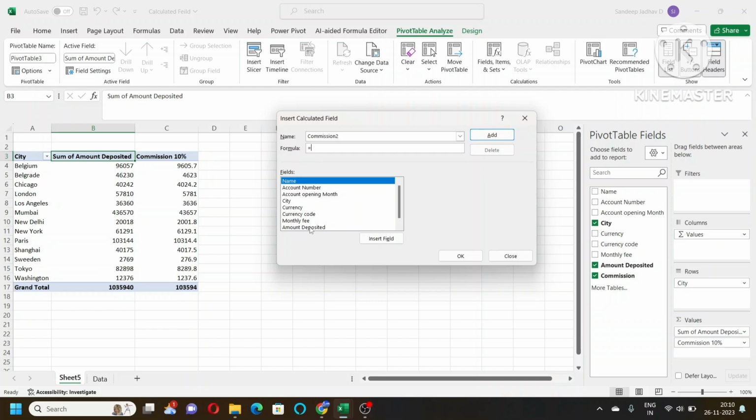So I will go ahead and add first amount deposited. But before that, I need to put some if condition. So I will go here, first put if, open bracket. Those who know the use of if will be able to understand. If you don't know the use of if, please refer to my video which I made on the if condition. So if, and then open bracket, amount deposited, double click. If amount deposited is greater than 10,000, comma, what I want is 10%,